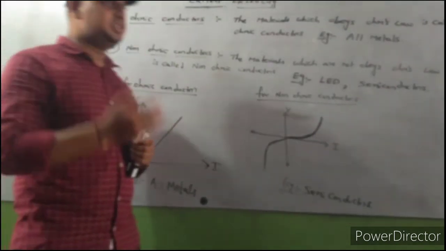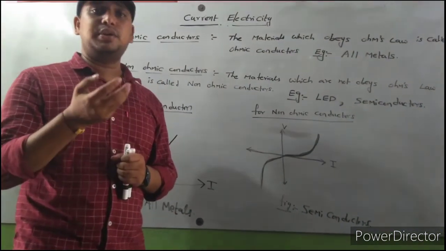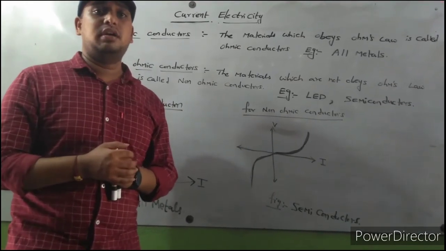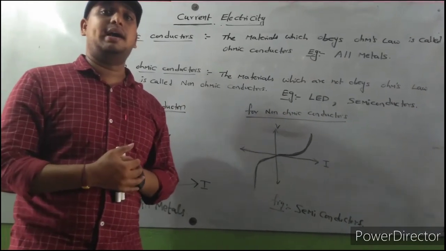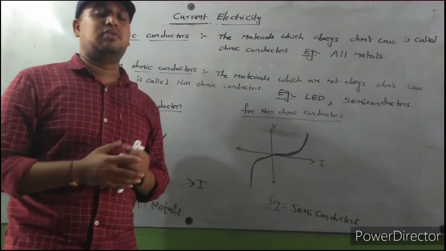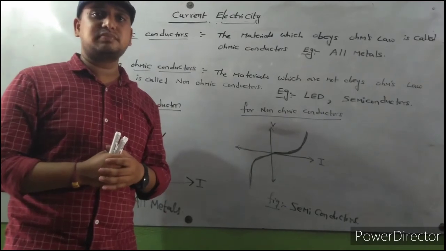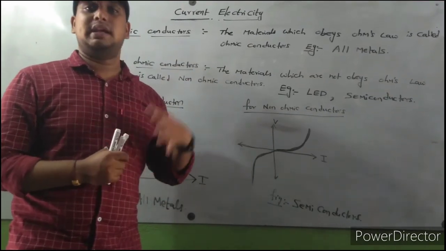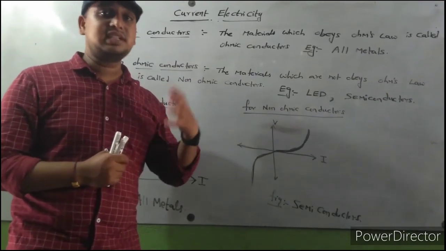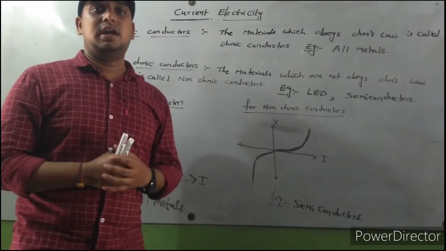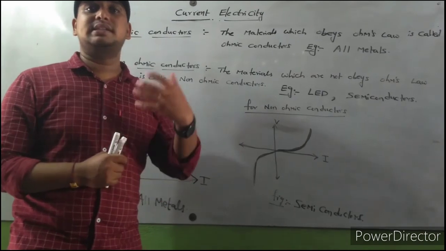In the coming lectures, we are going to discuss the vector form of Ohm's law and its derivation. And one more point: resistance, conductance, conductivity, resistivity, current density. These are all parameters we will discuss in the next lecture.